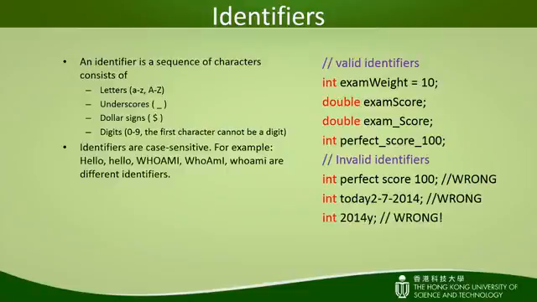2014Y is an invalid identifier because it starts with a digit. One last example of an invalid identifier is int. Int is a reserved word in Java used for declaring certain identifier as an integer. I'll come back